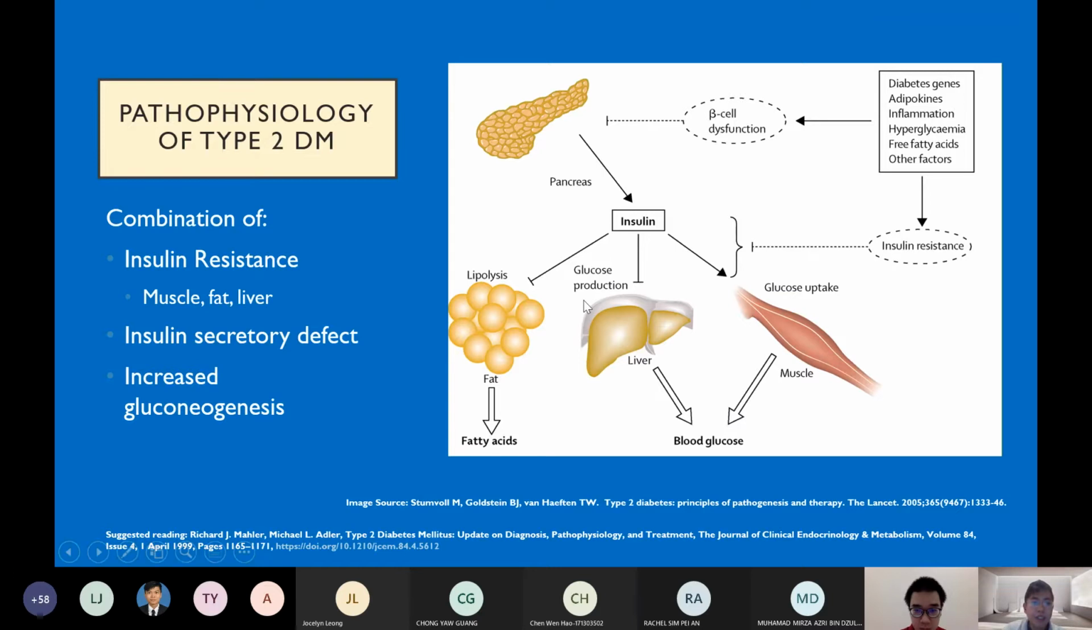Okay, so pathophysiology of type 2 diabetes. I'm sure everyone has gone through this in your preclinical years. So type 2 diabetes is a result of a combination of your insulin resistance in all your muscles, your fat cells, as well as your liver cells. And it's also combined with the insulin secretory defect, resulting in increased gluconeogenesis. So it's a combination of multiple factors, including certain genes that may predispose individuals towards developing diabetes, and certain adipokines, i.e. your hormones that are secreted by your fat cells,